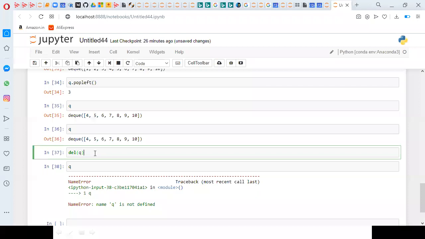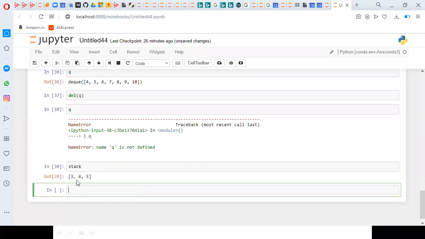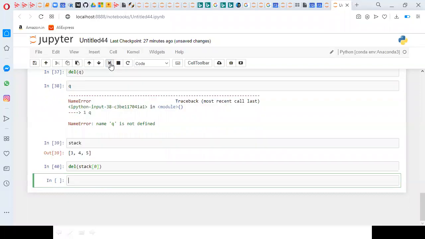So here I'm having stack: 3, 4, 5. I want to remove the element 3. So we can go with del stack of 0. Del stack of 0 means it removes the 0th index element.